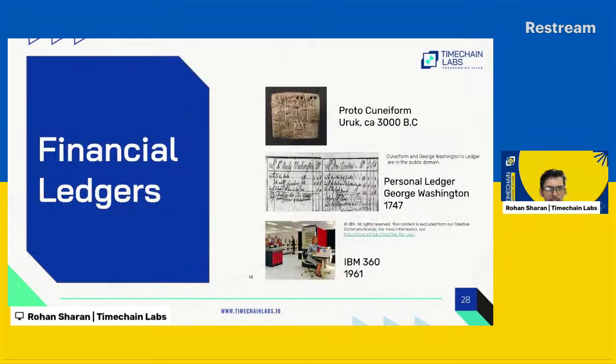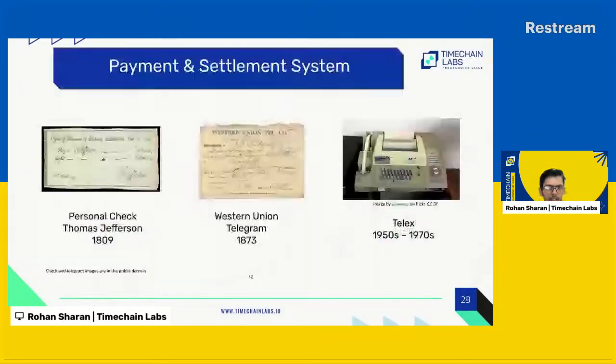These financial ledgers have their own story. Going away from coinage and coins, there is another history to financial ledgers as well. They started around 3000 BC, when the first ledgers are recorded to be maintained. Then in modern systems, computerized versions of the ledgers were made, and that's what we have now: digital ledgers in computers across the world, in different banks and in the central bank. That is what is used to track who owns how much.